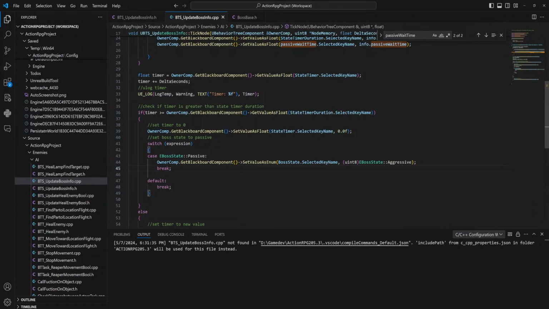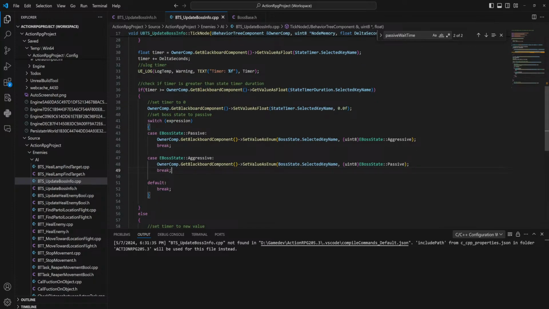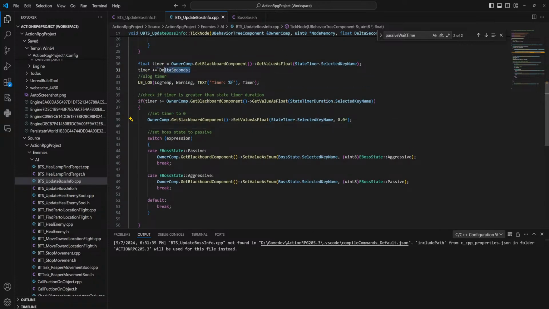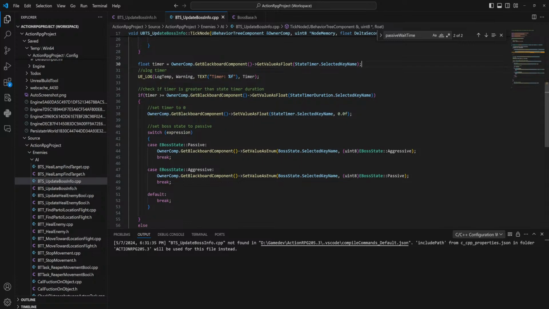And I guess the defaults will just set it to nothing. Default will just do nothing. It's always going to be one of these, unless it's dead, at which point I suppose we don't actually want it to do anything. So yeah, no, this adds up. Okay. So that sets the timer back to 0. If not, then we add to the timer. I think that makes more sense.